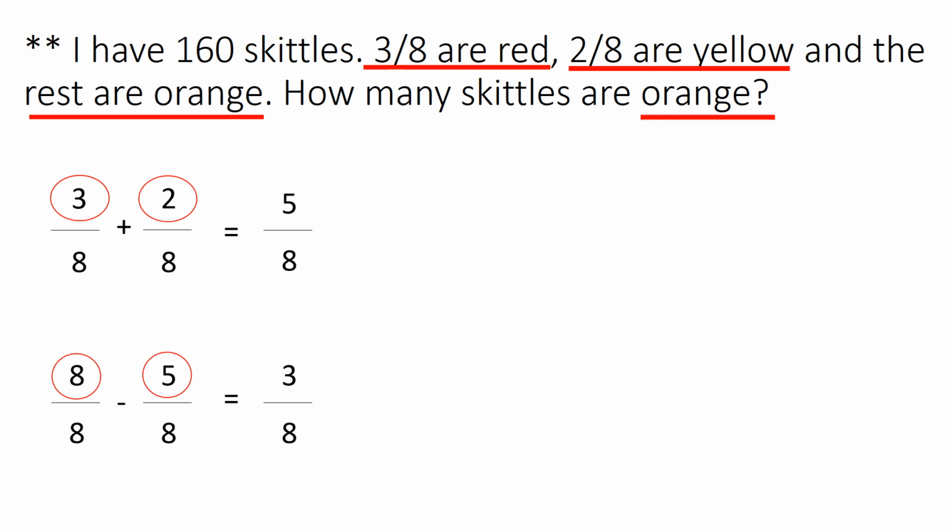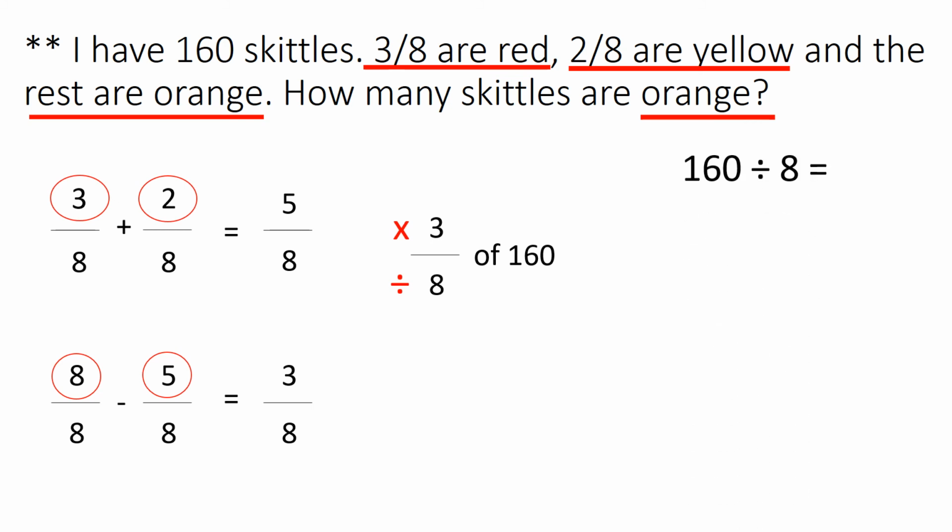So now we need to work out our fraction of amounts. So when we're doing our fraction of amounts, there's always a rule. So we're doing 3/8 of 160. So we always divide by our denominator and times by our numerator. So we're going to do that with 3/8 of 160. So we divide by our denominator first. So we would be doing